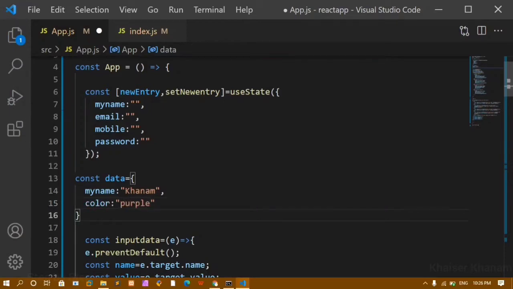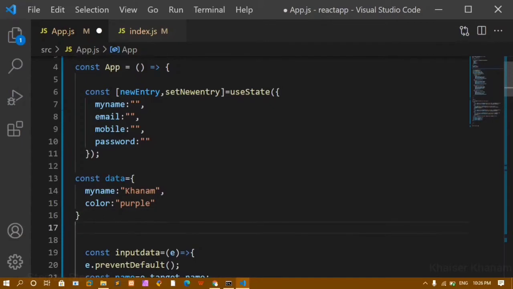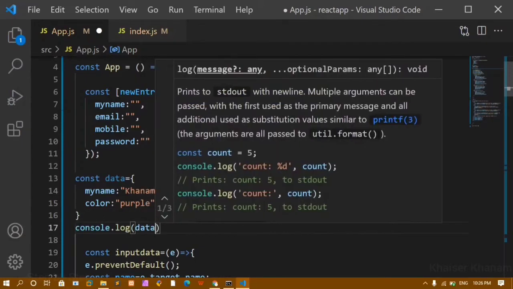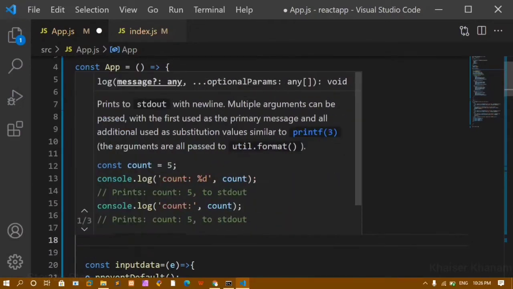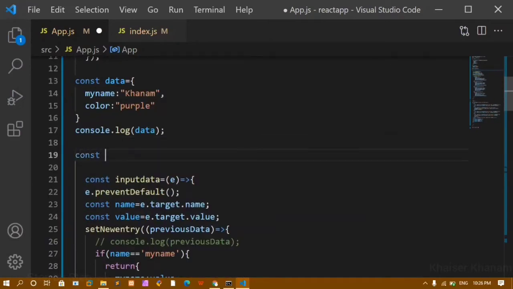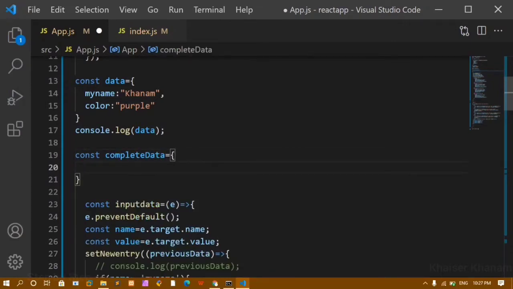Now this is one object. I will do console.log, and inside this I will pass this variable data, that is the object. Now I will create one more variable, complete data. Whatever data I have inside this variable, I want the entire data inside this object as well.